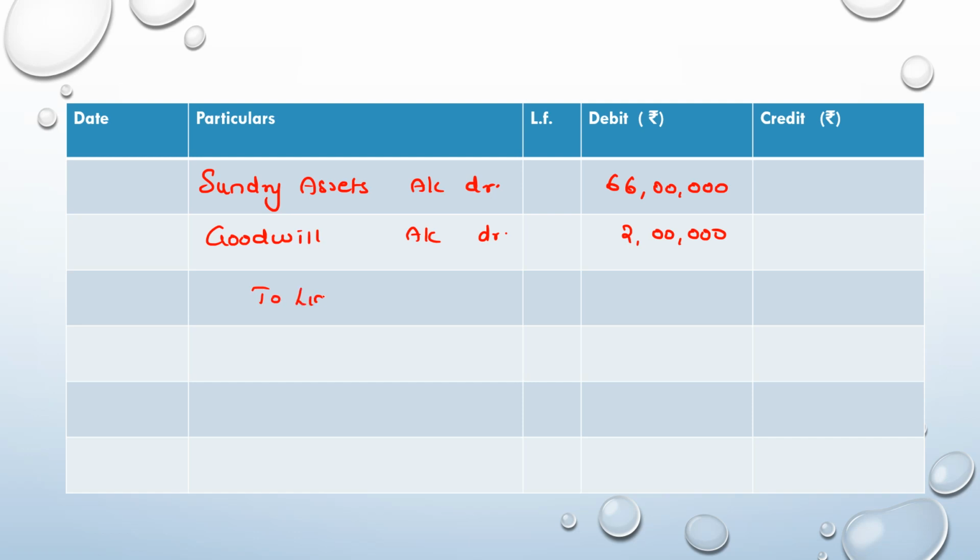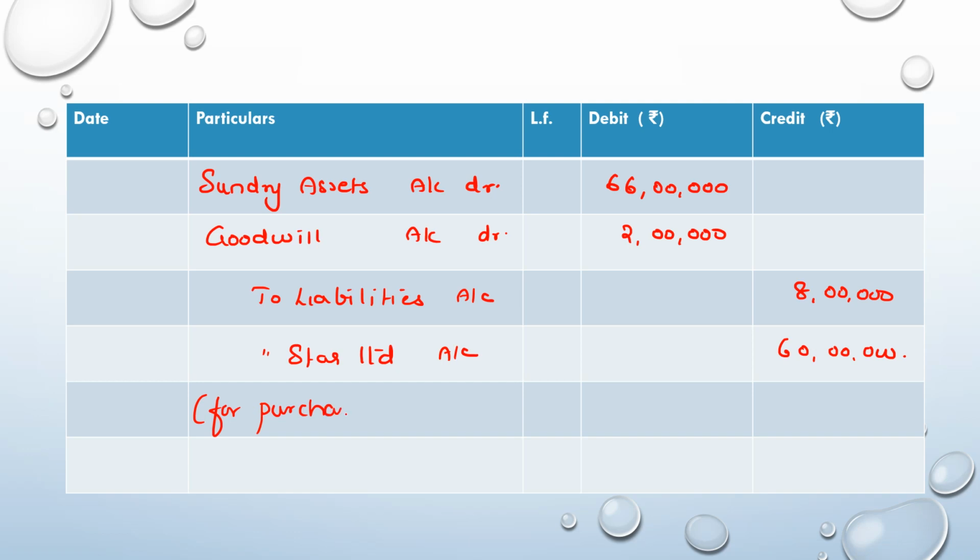The liabilities which were taken over, the sundry liabilities, 8 lakh, and the amount which is payable to the vendor, which is Star Limited, was 60 lakh. That was the purchase consideration. This entry is passed for purchase of business. This is common for both the cases. And this is passed in the books of